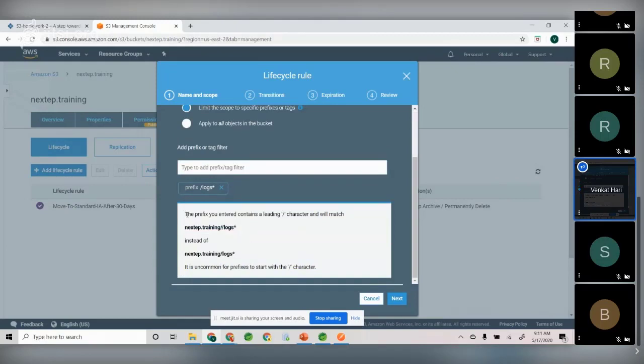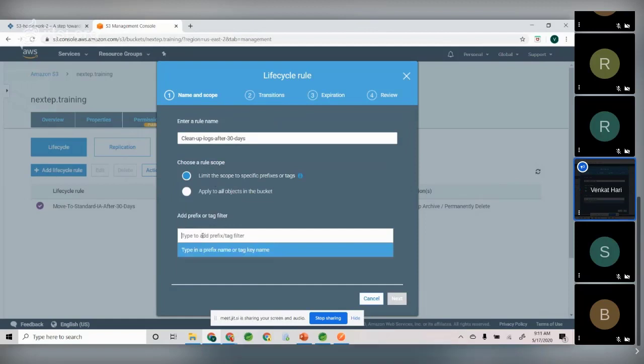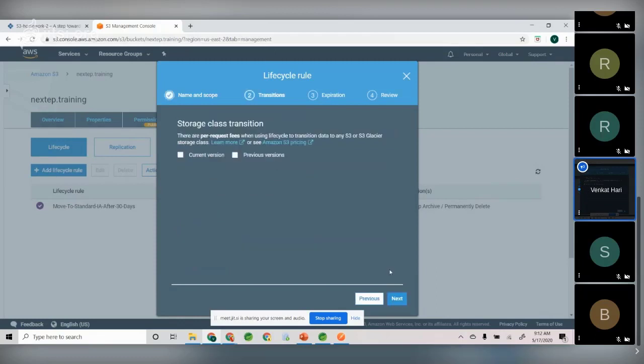See this one? The prefix you entered contains a leading / character and will match like this. Oops, I put the wrong one. It's already putting that in. Okay. See this one? So nextstep.training/logs/star. So all the objects that have this particular prefix, whatever rules you are going to apply here